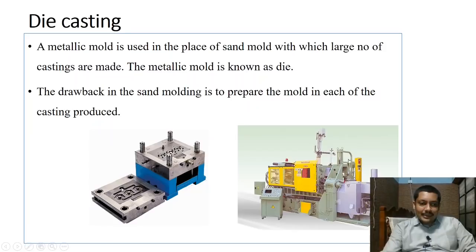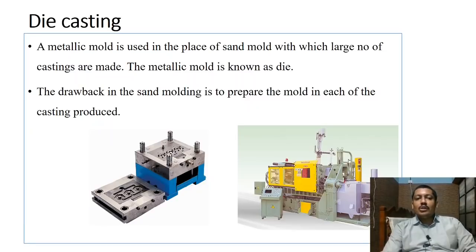In between, you can see these are the runner system which you have already cut on this die, so that when you pour the molten metal into it, it will fall into these openings. It will reach the entire area. So when you close it, you will get the empty space, that is nothing but your mold cavity. Here no sand is required, only two metal halves will join together. You will get the cavity inside it, and you can pour the molten metal into it. You can get the product.